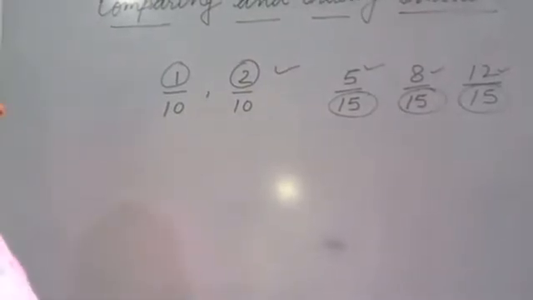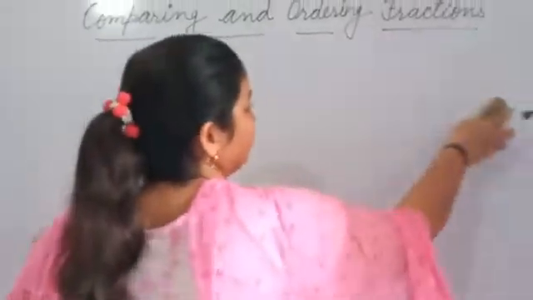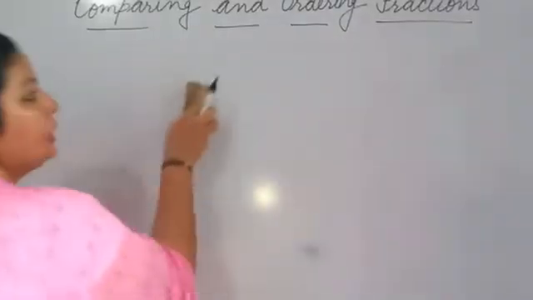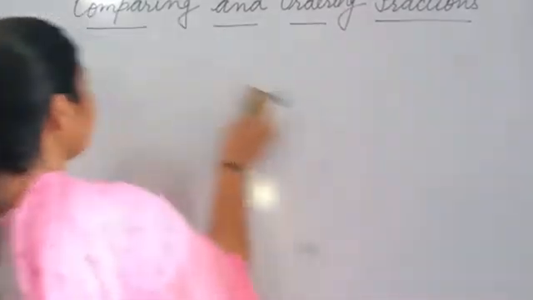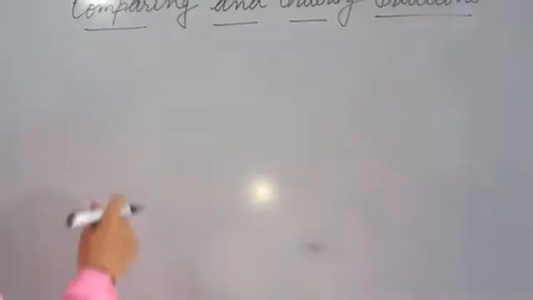But when your denominators are not equal, if your denominators are different, then how will you compare? If your denominators are different, what do we call them? We call them unlike fractions. When denominators are same, that is called like fractions. When denominators are different, that is unlike fractions. So if you have